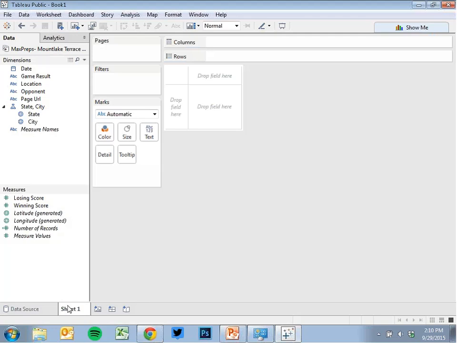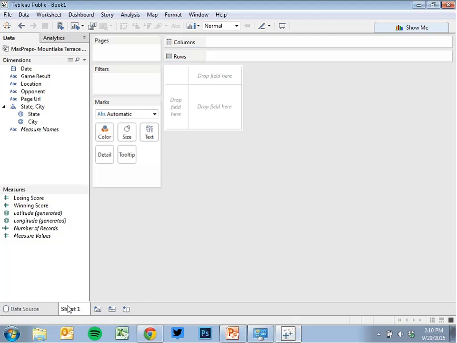You can make a sheet, which is one singular graph, so just a bar chart, just a pie chart, just one thing. You can make a dashboard, which is when you put multiple chart types all on the same thing, and then you can make them interact with each other. Or you can make a story, which is where you have snapshots of different charts and you're highlighting different features about them.